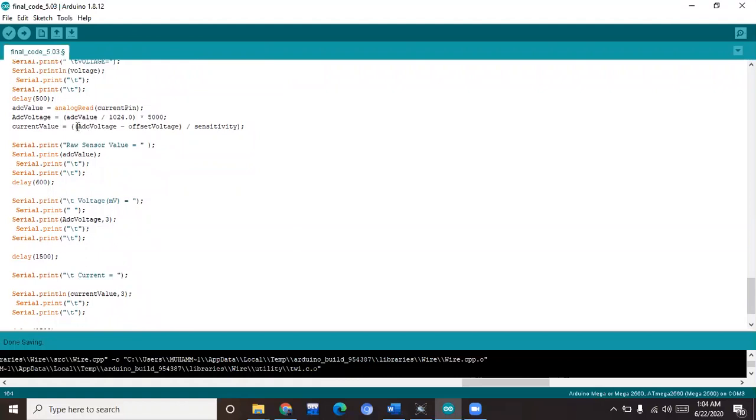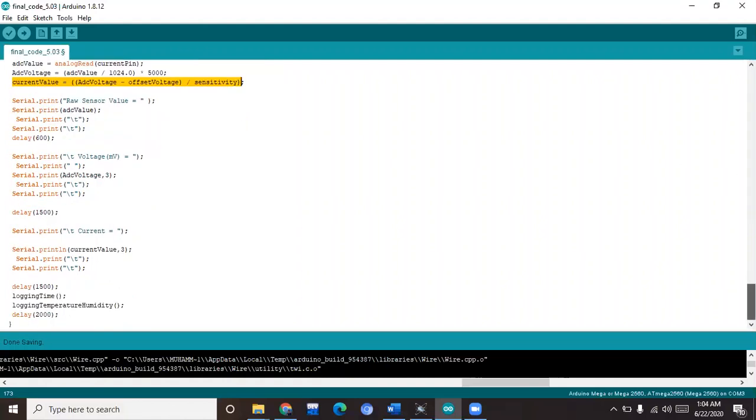The ADC voltage is basically the voltage produced as a result of the magnitude of the magnetic field. From that voltage, we can then convert to our current. So the current value is converted by this formula, and actually we get the current. And at the last, from all this, we call our functions of time and humidity, which do their work.